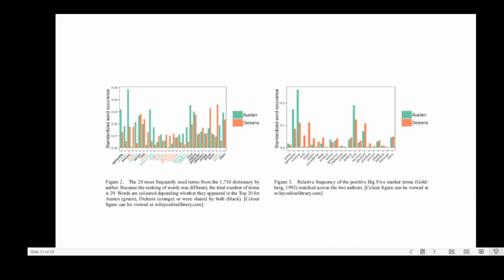And in the paper, if you're interested, we go a little bit into possible explanations for this based on contemporary literary theory and also sociological theories about the backgrounds when these authors were writing, for what kind of audiences. And so I think it actually offers a really interesting opportunity for more idiosyncratic personality descriptions and analyses.